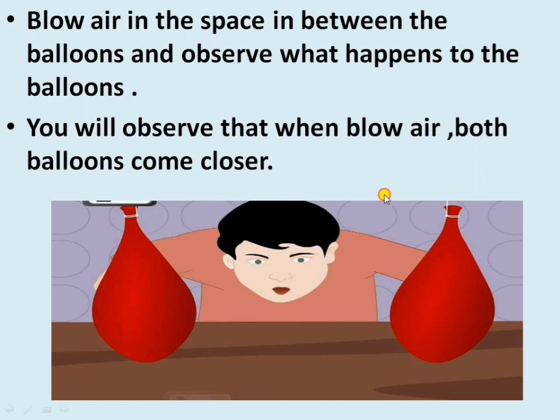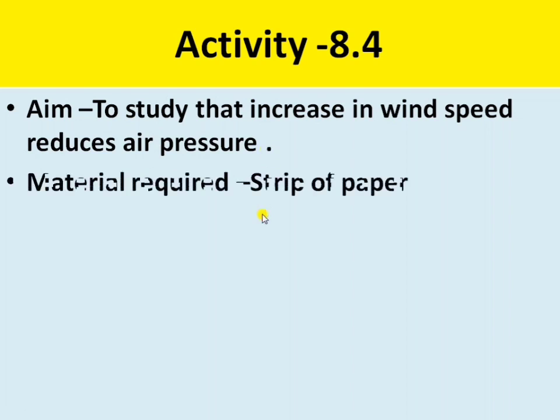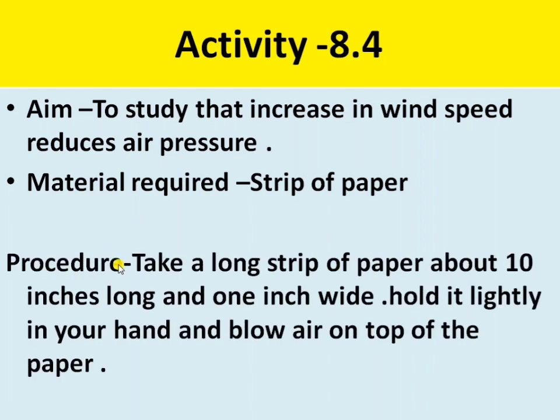Next, the aim of activity 8.4 is to study that an increase in wind speed reduces air pressure. The material required for this activity is a strip of paper. The procedure of this activity is: take a long strip of paper about 10 inches long and 1